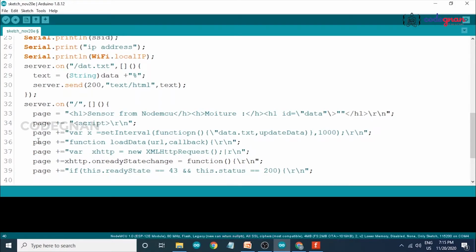And now again page equals to callback apply our xhttp, then \n.